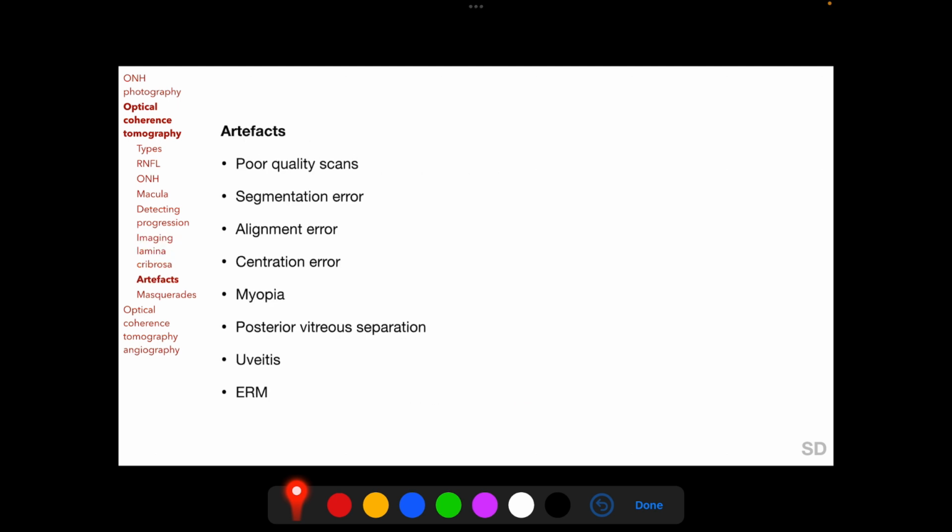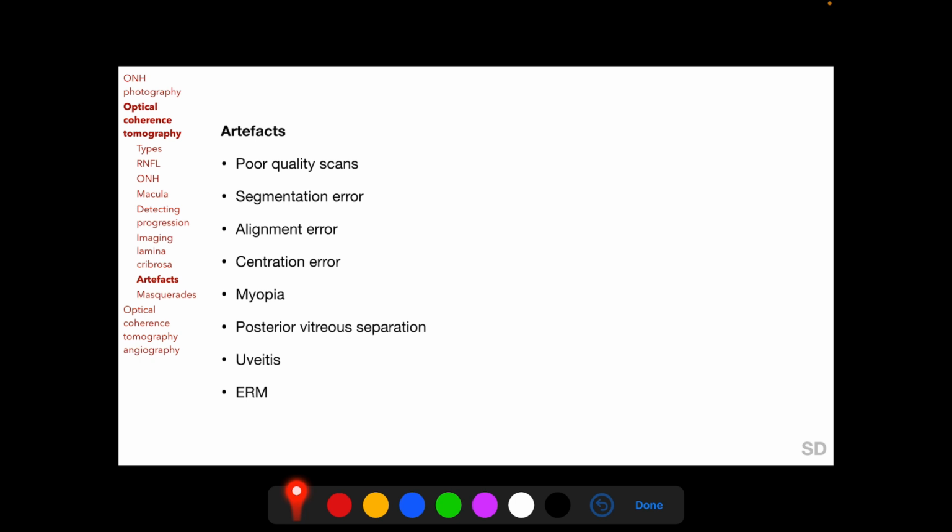Artifacts which can interfere with accurate OCT analysis include poor quality scans, segmentation error in which the machine fails to accurately identify the different layers of the retina sequentially, alignment error which occurs due to improper alignment of the machine, as a result of which a part of the required scan line is not scanned, centration error which occurs when the circular RNFL scan line is not centered on the optic nerve head,